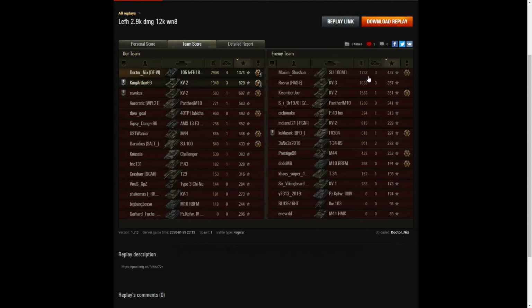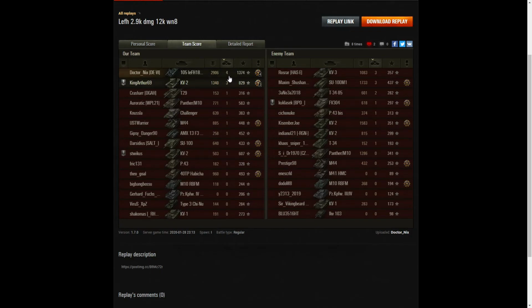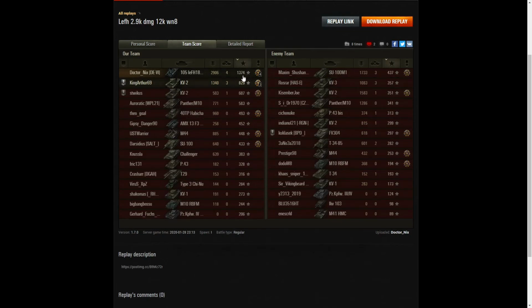1,733 hit points to him, and the next highest score after that was the KV2 on our team with 1,340, the guy who survived and got the last kill. When it came to kills, again it's Dr. Nix who got the high score, then came the KV2 with 3, the KV3 on the enemy team and the SU-100M1, both taken out by Dr. Nix. And when it came to base XP, yes, he's got the top in all 3 columns, 1,374 base experience